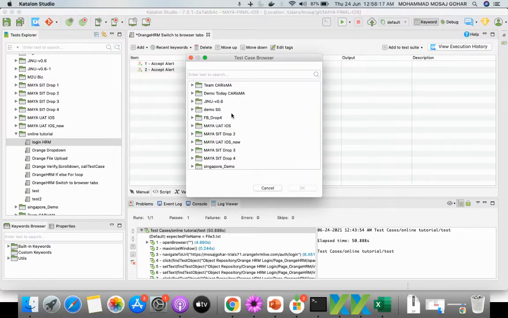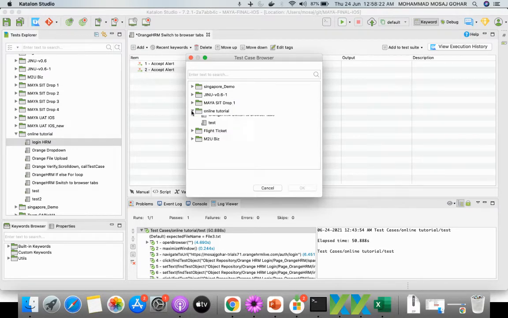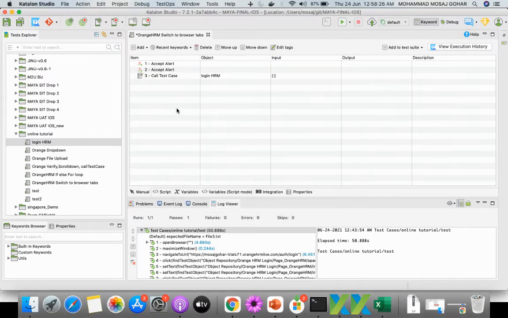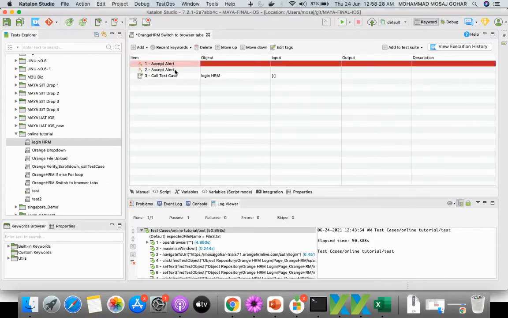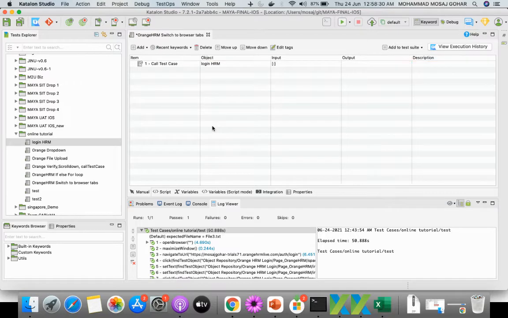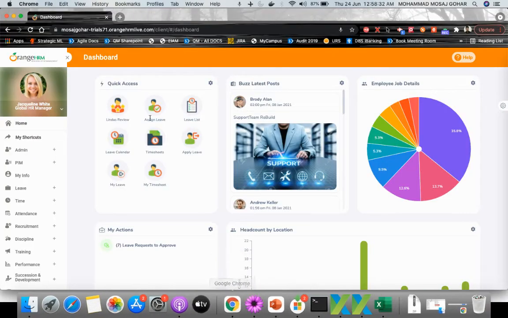The test case to be called is login HRM, which is under online tutorial. You can do it this way as well. You can delete this.